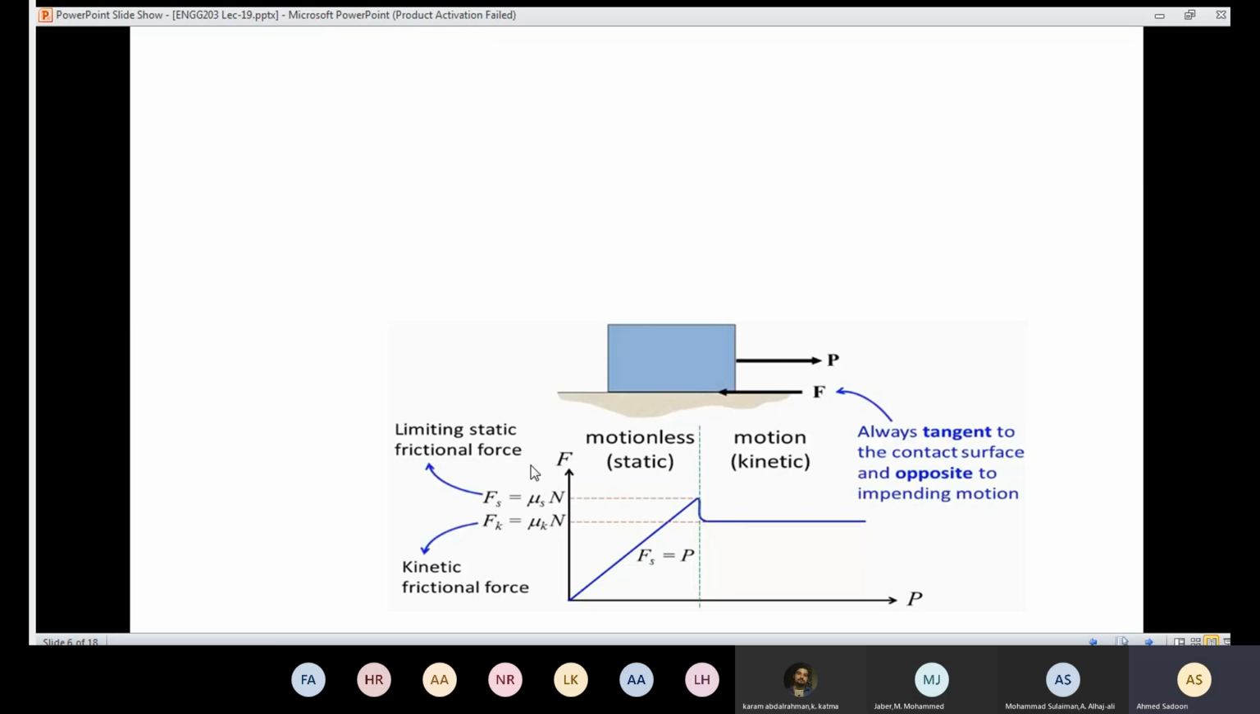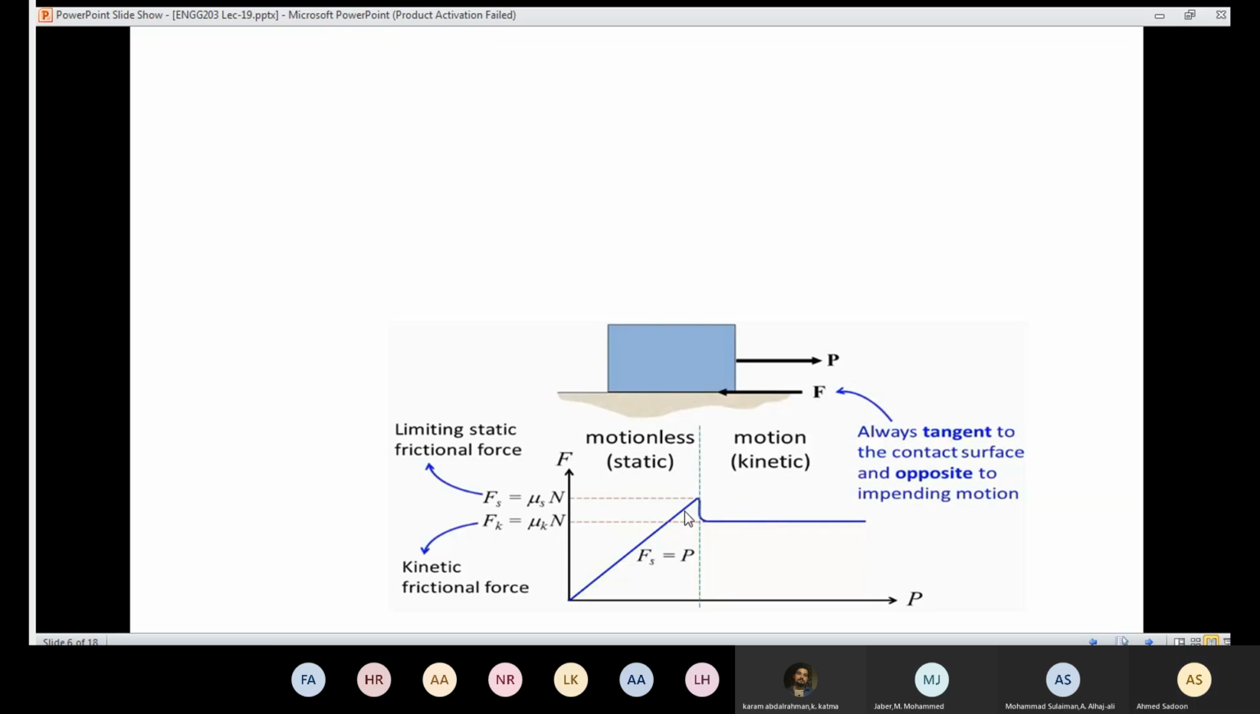Then instead of the static frictional force, we are going to have kinetic frictional force. So at that point here, if I draw a line here, I'm going to have motionless. The box is going to be stable. After that value, we are going to have motion,